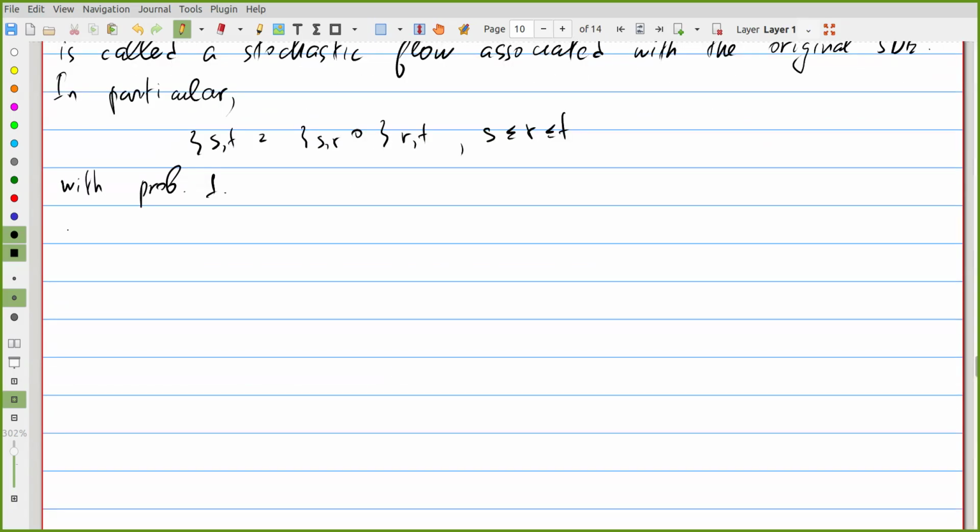So let us recall lemma 1. I think this is the second part of the statement. For any q, there exists C that depends on p, q, and T capital, such that this difference